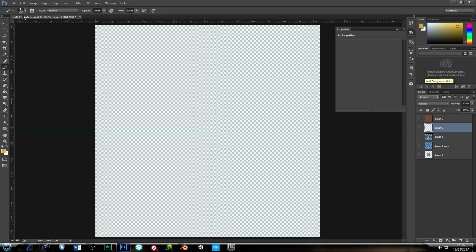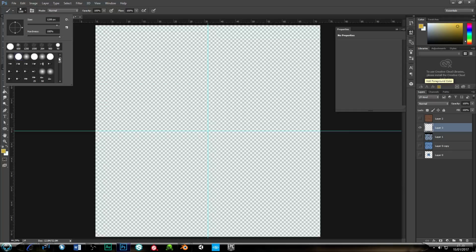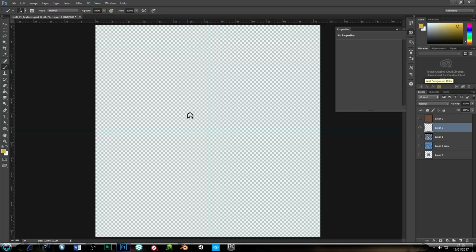Take our paintbrush and let's select something with spatter. So go all the way down to the bottom. Yeah, something like that. Let's have a look. Make it big. Control Z, change it to black and white by clicking that. Let's have a look. Yes. So now we have a bit of